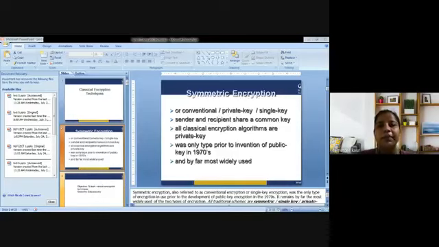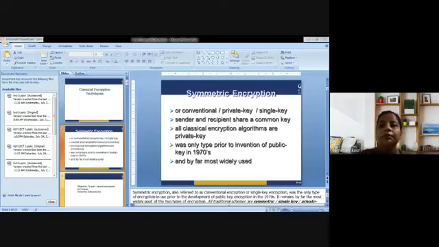So the keys may be identical or they may be a simple transformation to go between the two keys. The keys in practice represent a shared secret. What is a shared secret? It is a piece of data that is only known to the parties involved in a secure communication. So this usually refers to the key of a symmetric crypto system. That shared secret can be a password, a passphrase, a big number, or an array of randomly chosen bytes.